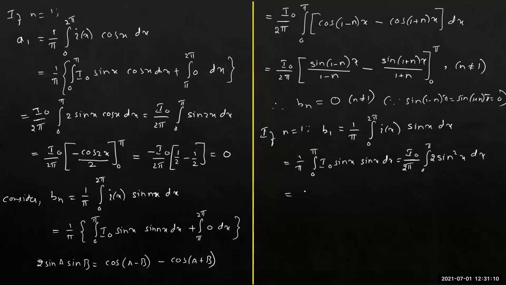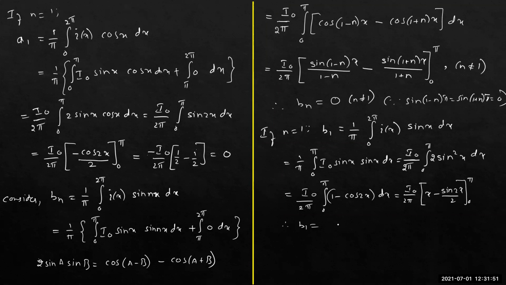When it is 2 sine square x, I hope you remember, integration from 0 to pi, we can write it as 1 minus cos 2x. Correct? When you calculate this now, when you integrate this, I naught by 2 pi into, how much will you get here, integration of 1 is x minus integration of cos 2x, which is sine 2x divided by 2, with the limits from 0 to pi. Right? See, when you substitute the limits, see how much you'll get.